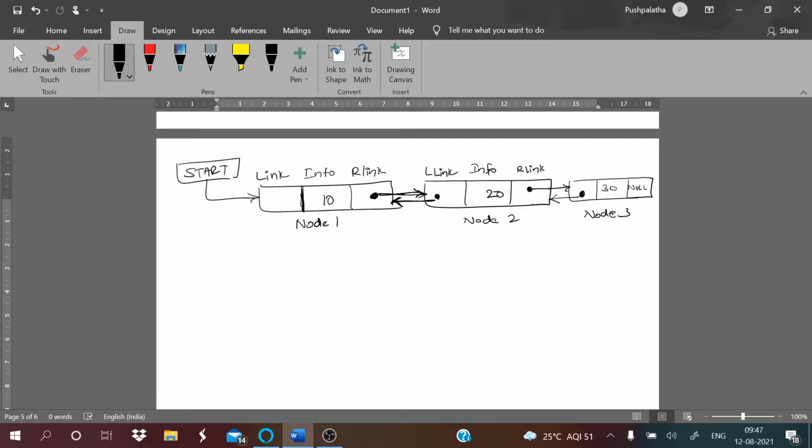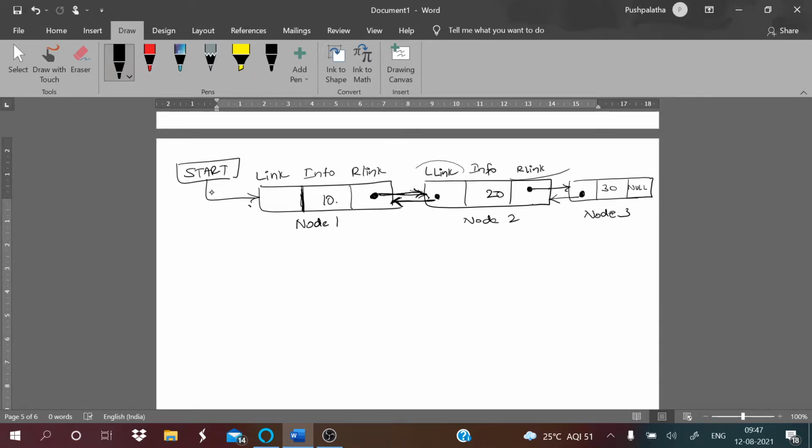Start has a link to the first node, and the first node has two links. One is your left link, which has the address of the start node for traversing in the backward direction, and the right link has the address of the next node for forward traversing. Similarly, every node contains two pointers, the left link and the right link.